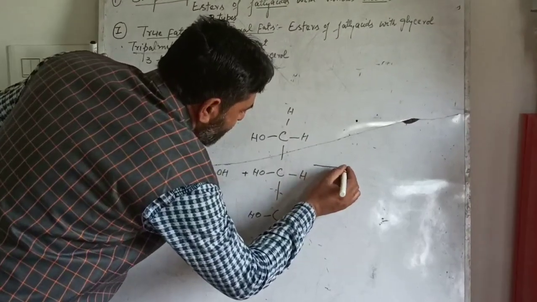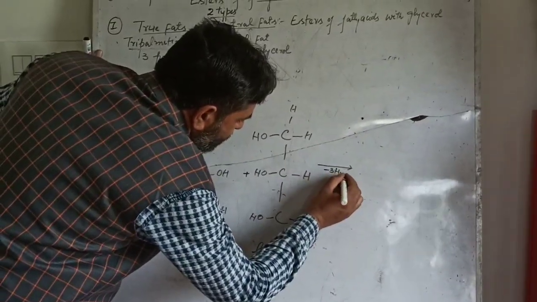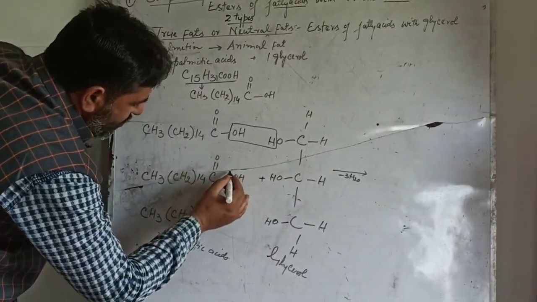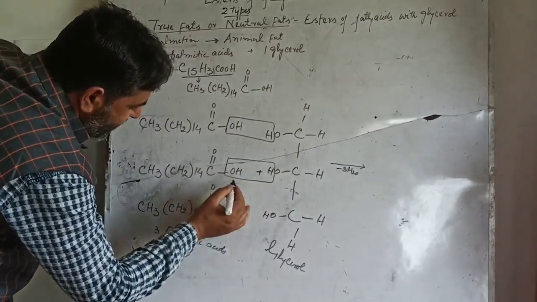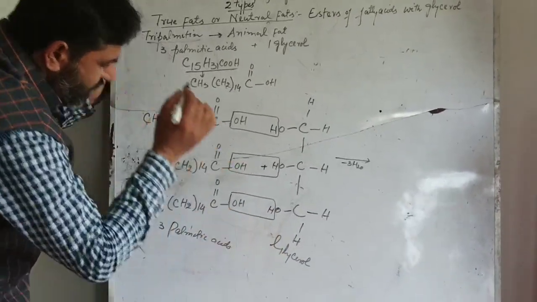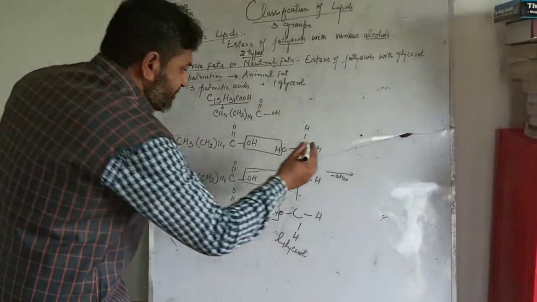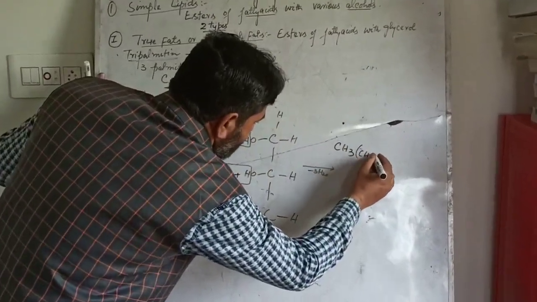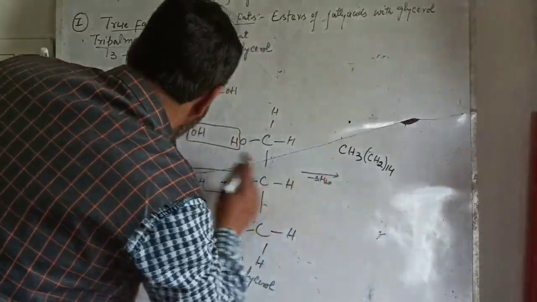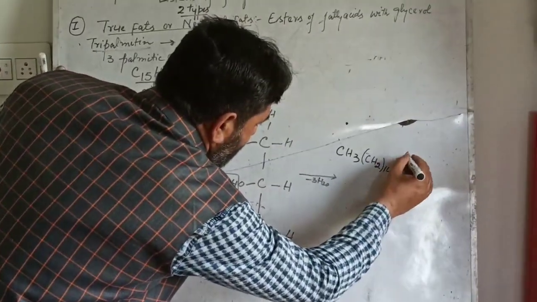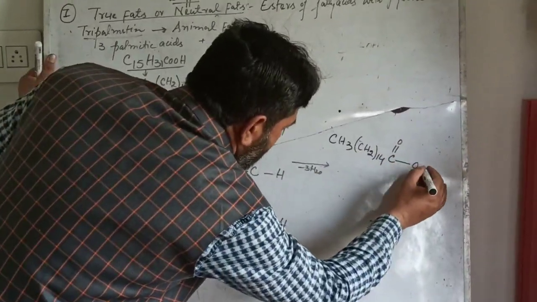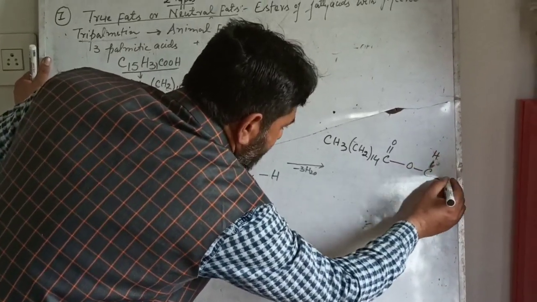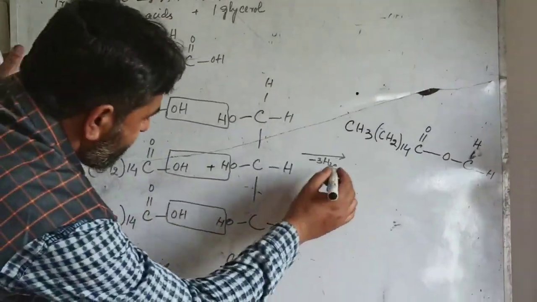There is elimination of 3 water molecules, the hydroxyl group of the carboxylic acid and the hydrogen of the glycerol. 3 water molecules are eliminated. Now the remaining structure, that is CH3, CH2, 14 times, then CO group, carbonyl group, which forms a bond with the oxygen of glycerol. Then second palmitic acid,